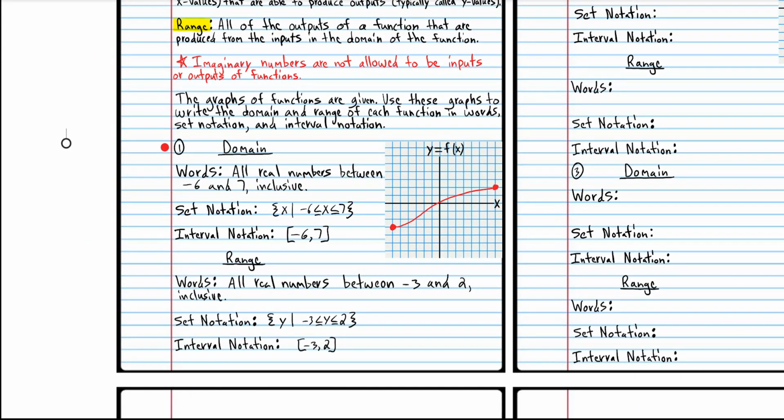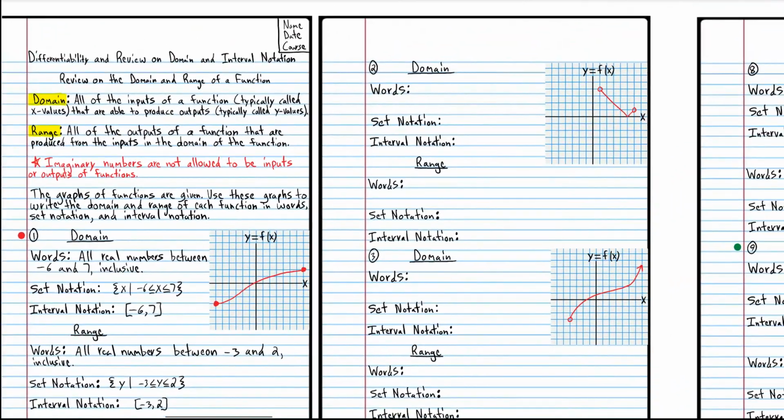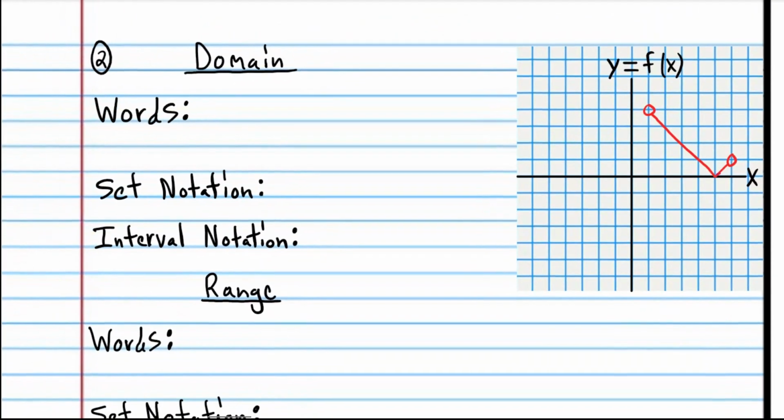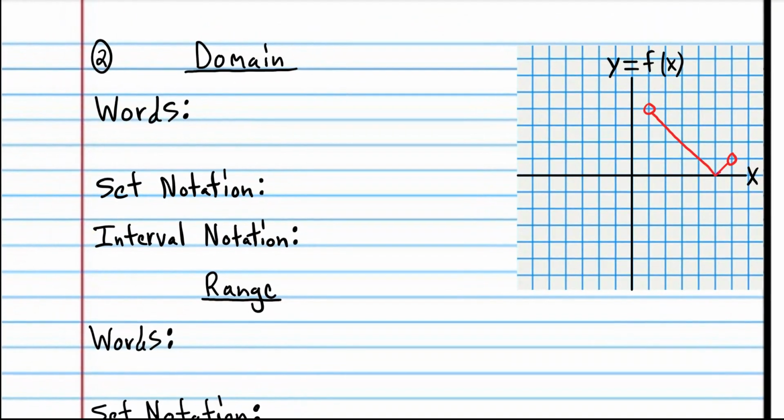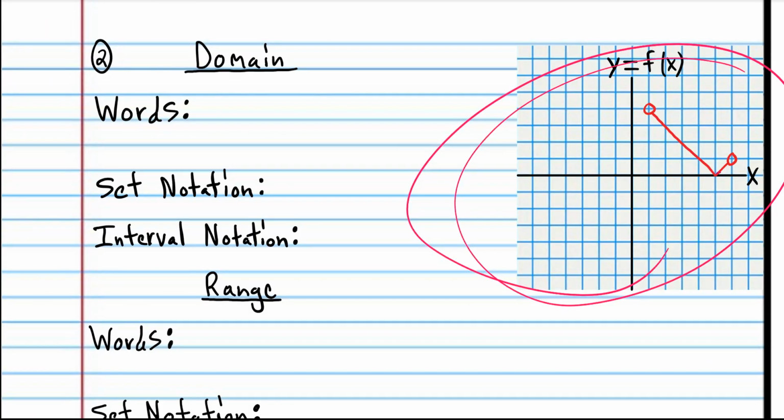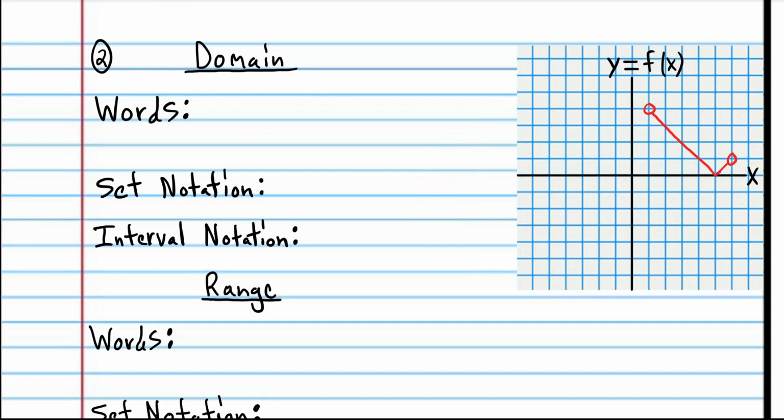So let's try another one. So here again we have a function represented by a graph, and we're going to find the domain and the range of the function given the graph. The domain is all of the possible x values of the points on that graph. And so again, if you look at the points on the graph, what are all the x values of the points on the graph? Well, the x values are all real numbers